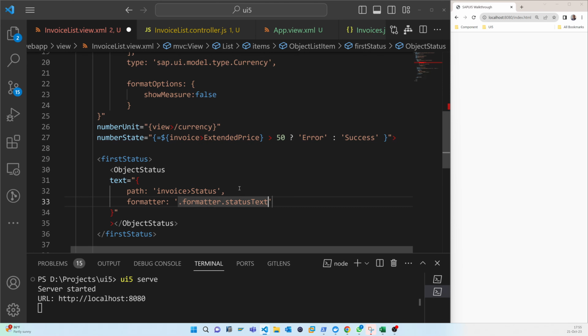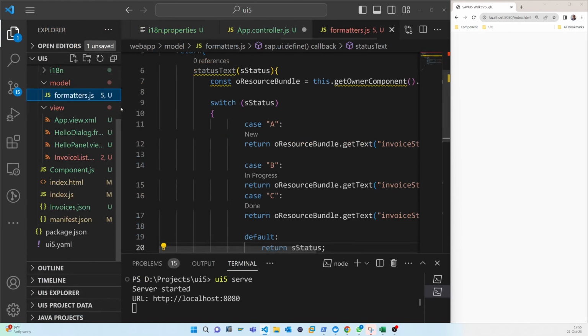So it will be formatter, it will be status text, it is linked with that formatter, like here. So that is the status text that we wrote, and now if we run that,